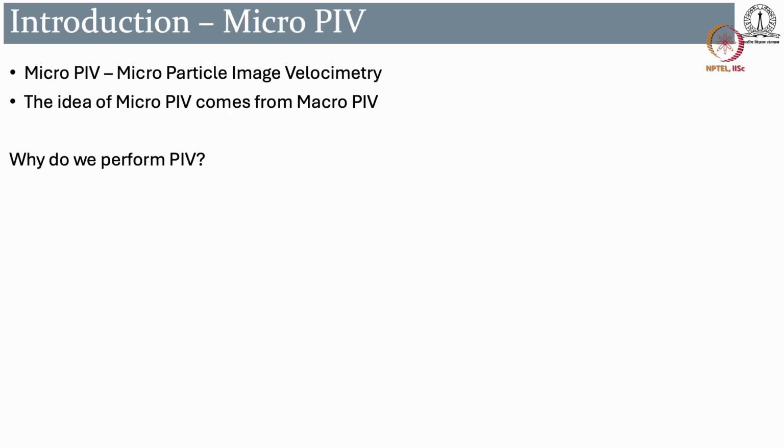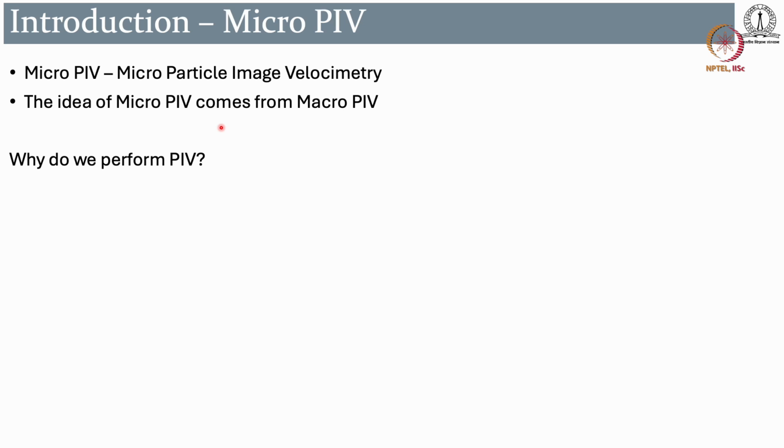So Micro PIV stands for microparticle image velocimetry, and the idea of Micro PIV actually comes from the macro PIVs, which you have already been introduced to in the previous lectures by Professor Basu. So basically the main idea and intuition behind the whole technique remains quite similar,